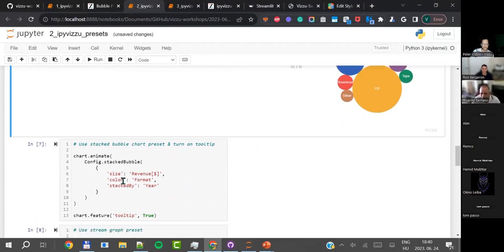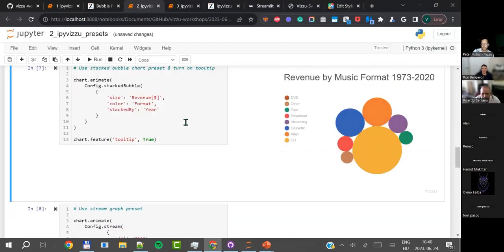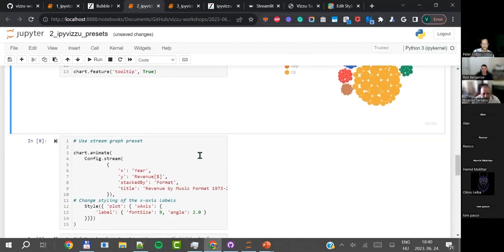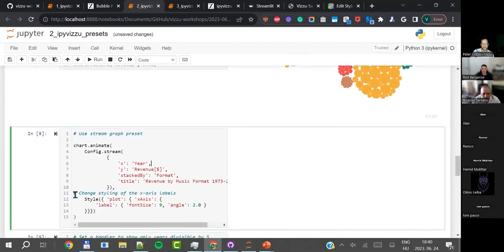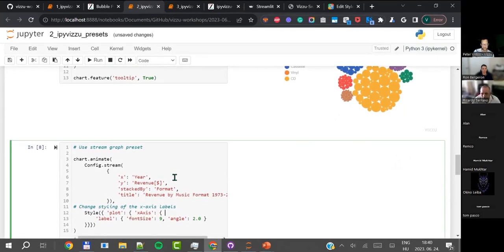Then let's turn this into a stacked bubble chart by stacking the whole thing by year. And so we now have a lot of smaller bubbles in the place of the big one. We can turn this into a stream graph fairly easily. As you can see, we can change the styling right within one animate method, even if we're using presets. So it's fairly easy.